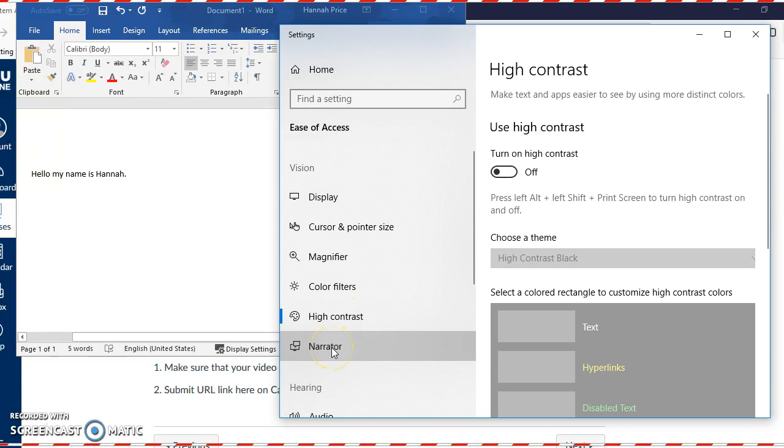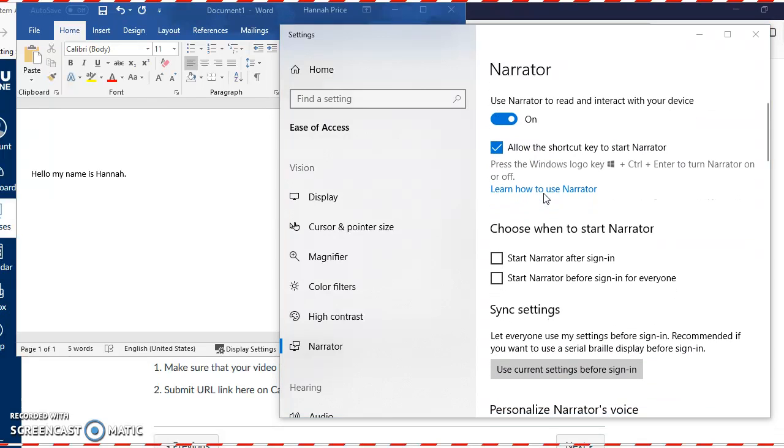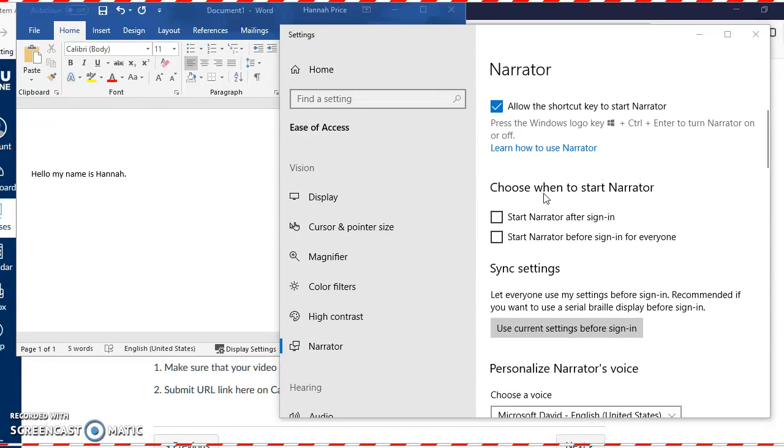Next thing that we can do is the narrator. Use narrator to read and interact with your device. Okay, so we can turn this on. And then you can also